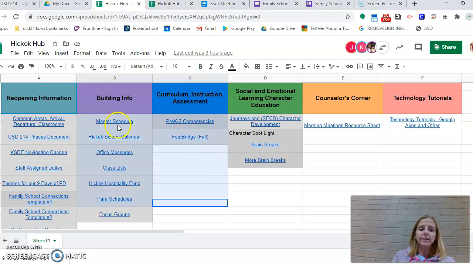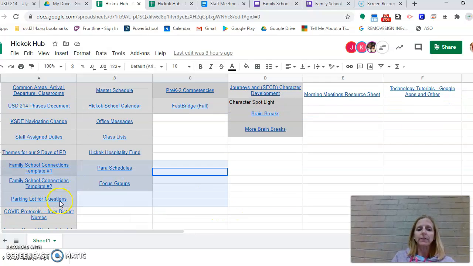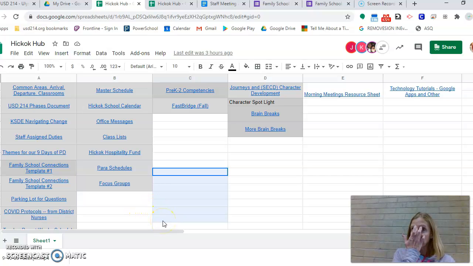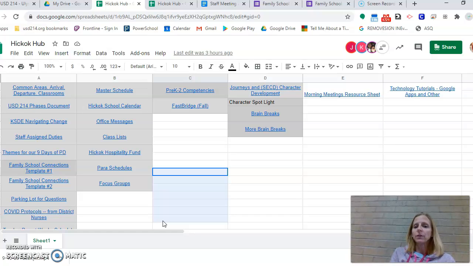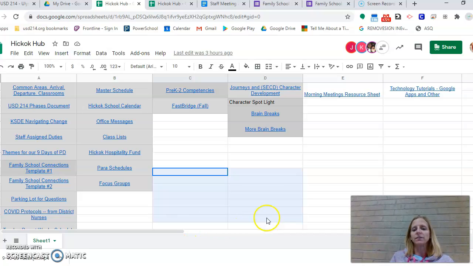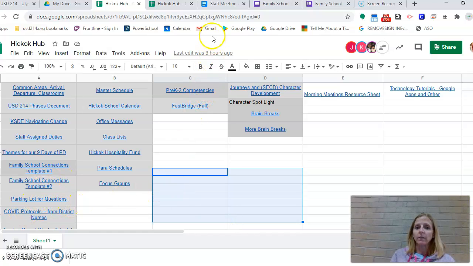Inside the Hickok Hub is our parking lot. I wanted to remind everybody that as questions continue to come up and people need answers, I want you to feel comfortable using that parking lot. We had a faculty member ask me today if we could sit down and answer some questions that her team has. And I think, of course, we should do that. But at the same time, let's start with the parking lot, because I wonder if the questions from that team are questions that a lot of teams have. So if we can put questions in the parking lot, other people can see the answers, and then everybody can get the same questions taken care of. So I encourage everybody to reutilize that parking lot.